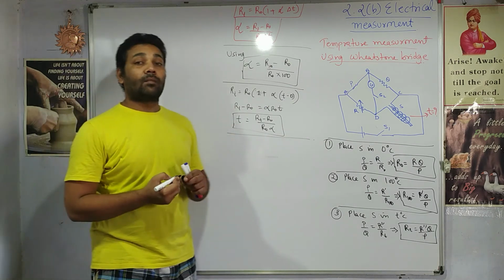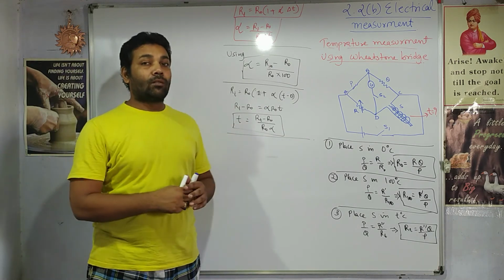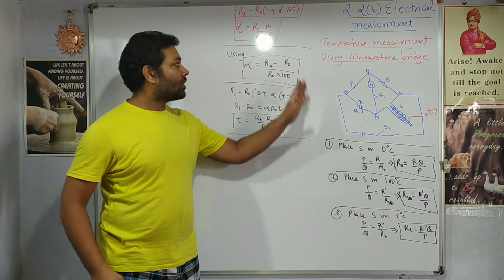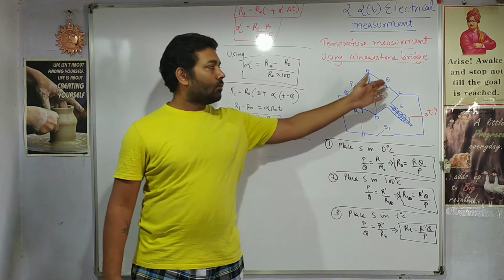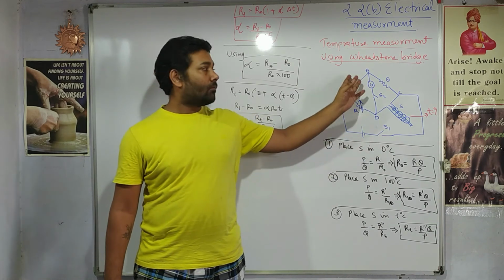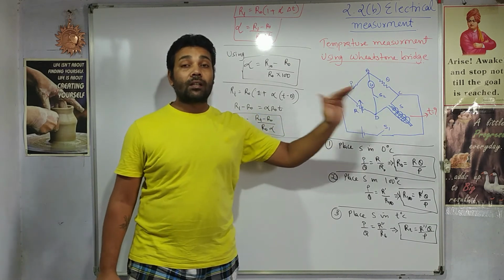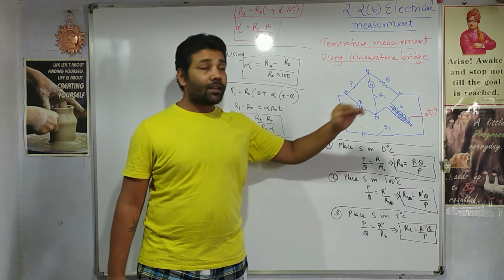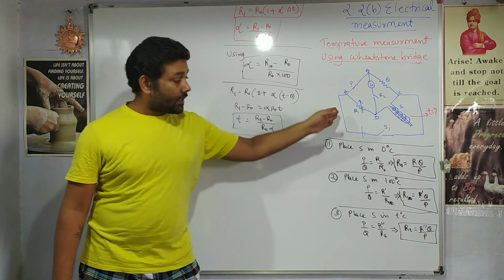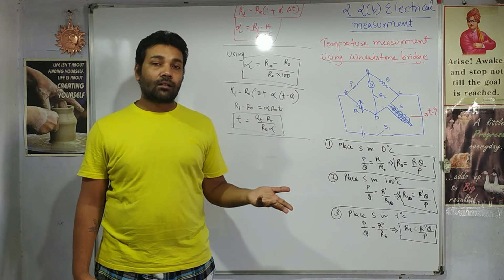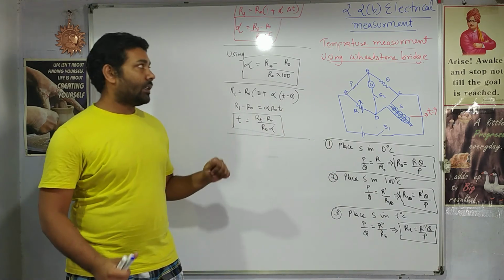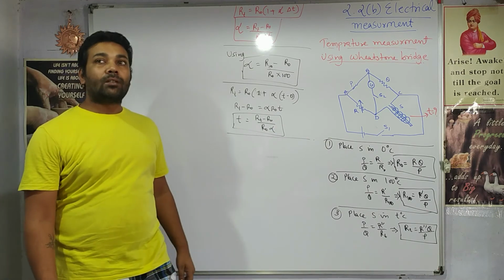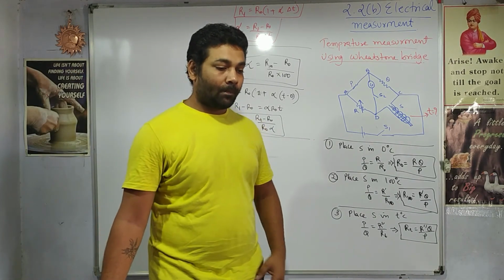These calculations can be done by electronics, which are available nowadays and can do these calculations by themselves. What we have to do is design a circuit diagram and select suitable values of resistance, and then we get the value of temperature. This is actually how your air conditioners and refrigerators find out the temperature of a particular area. So this is temperature measurement using the Wheatstone bridge.